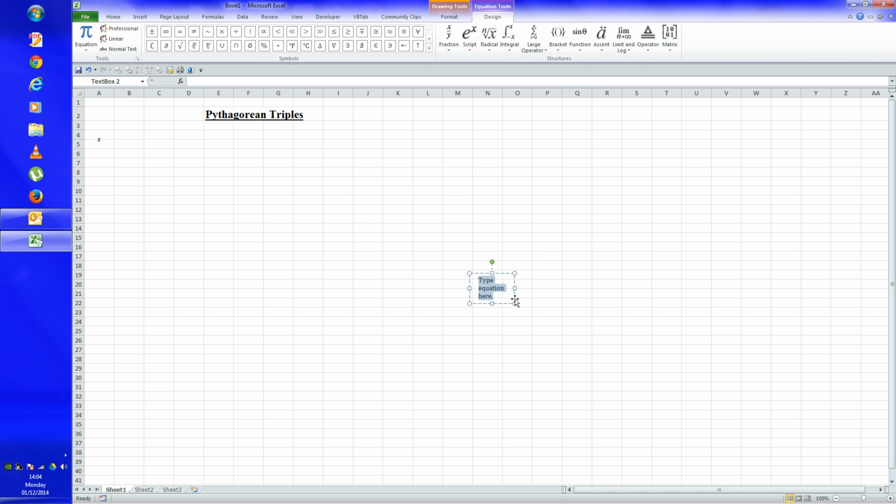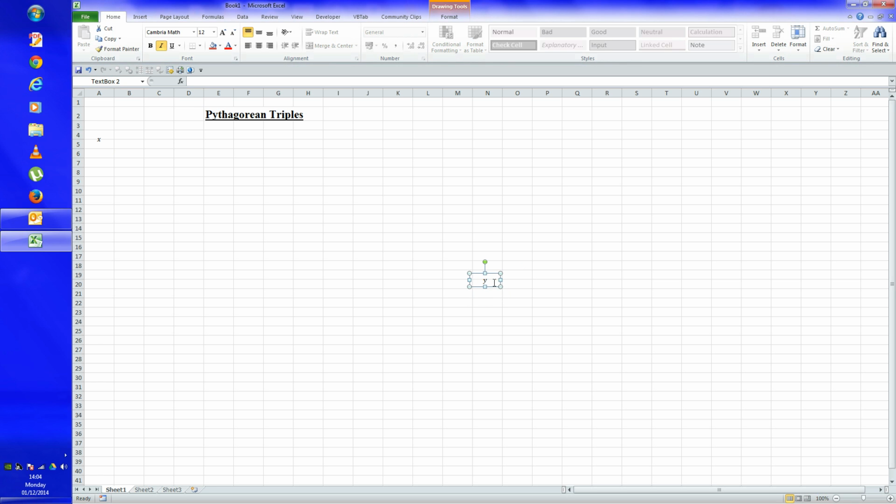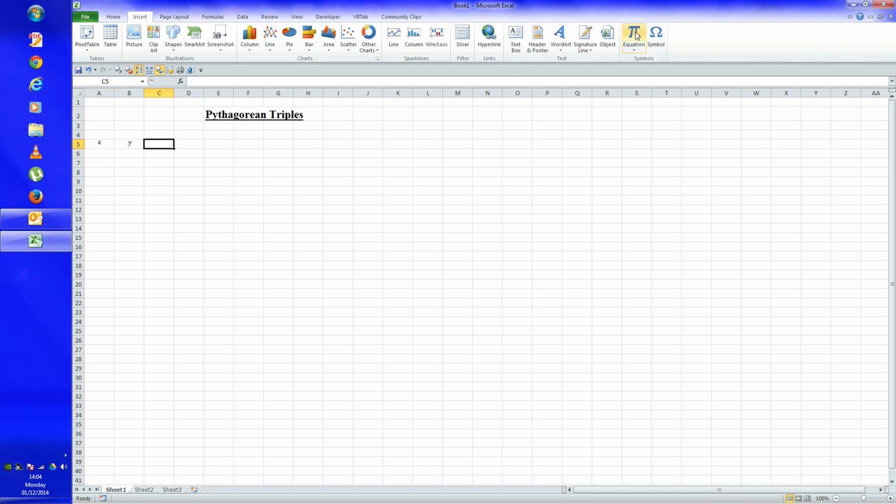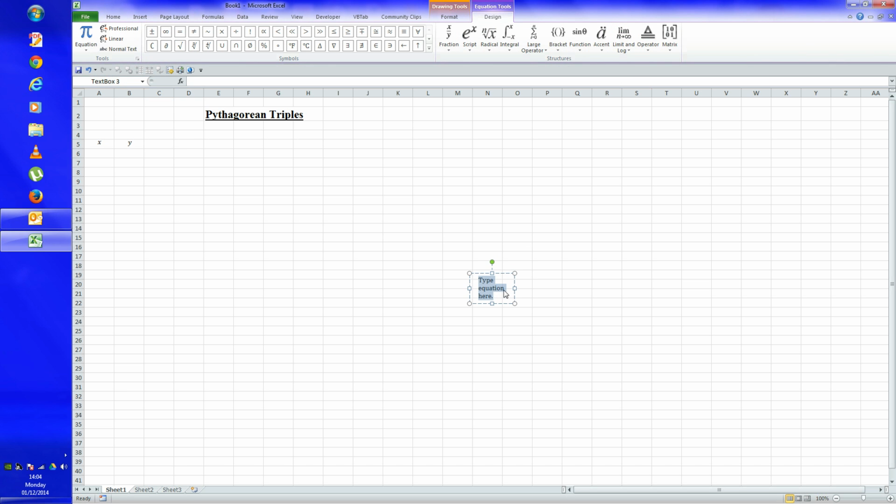What I'm doing is creating the values that you will need in order to generate the Pythagorean triples, and these values we'll call X and Y. The other values, the formulas that are actually used to generate these values are basically